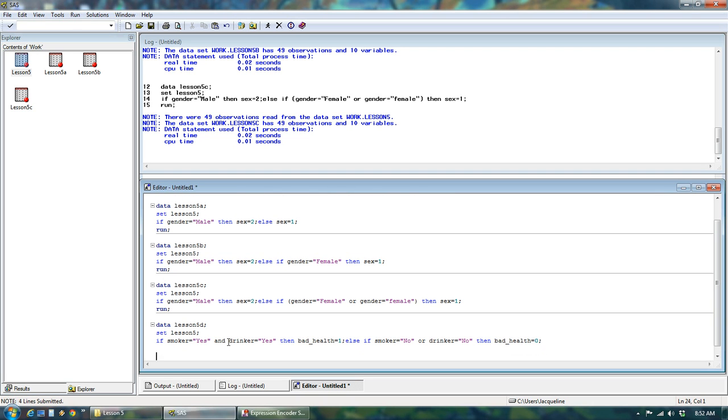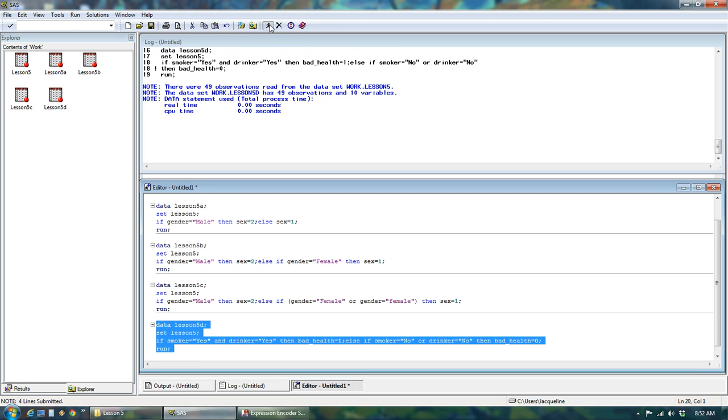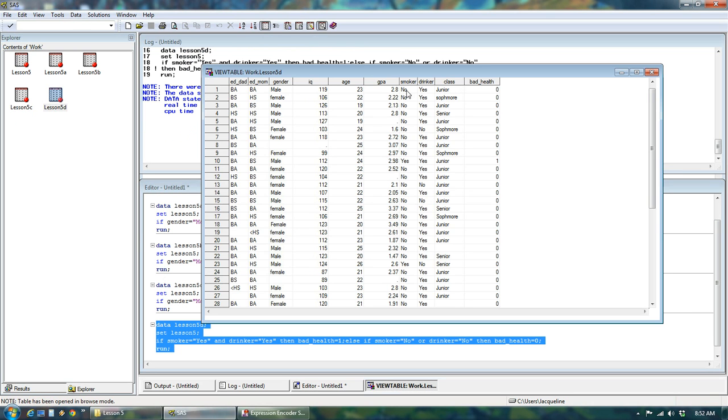In this case, this statement tells SAS that if these two variables are both yes, then we're going to set a new variable called bad health equal to 1. If either of those variables, using the OR statement, is equal to no, then we're going to set bad health equal to 0. If we run this code, it will create a new data set,